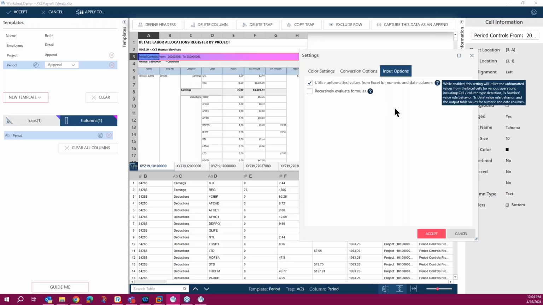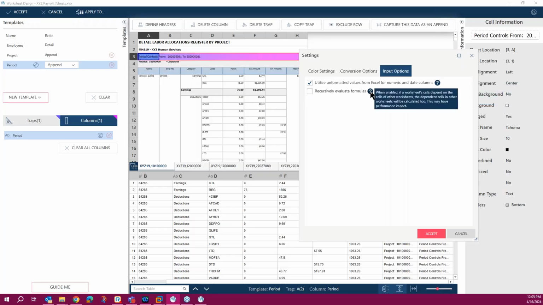So it tries to calculate that formula in the other cell and apply it to the cell that's been referenced. Okay, so by choosing this second option. Again, these are some special cases, but it's good to know. Like I said, if your number is rounded and not showing the exact number, you may want to just choose these options and try it.